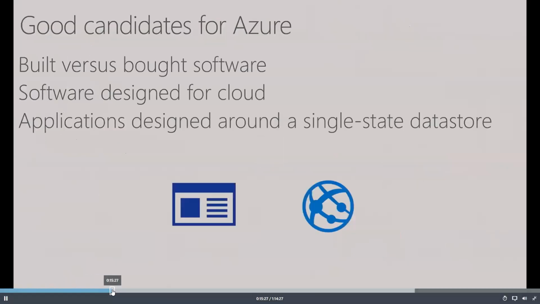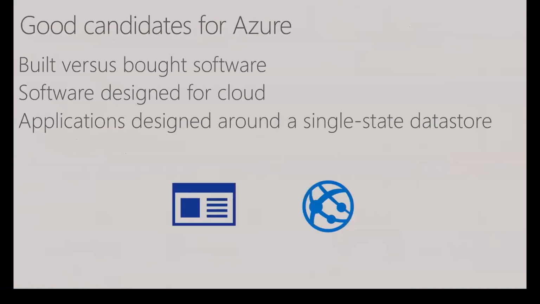What do you do? Because when you go and build a new application, you can follow the principles that we're going to talk about in this talk. And you can build it so that it's built for the cloud, that you're using the right principles to make sure that it's scalable, that you're taking advantage of all of what the cloud provides to you. If you're using software that someone else built, it can be designed for the cloud. If it is, then you're fine.